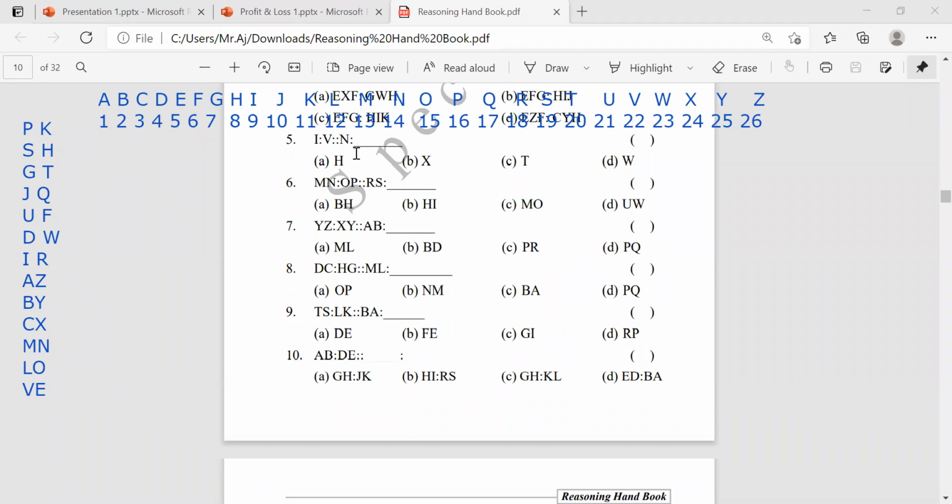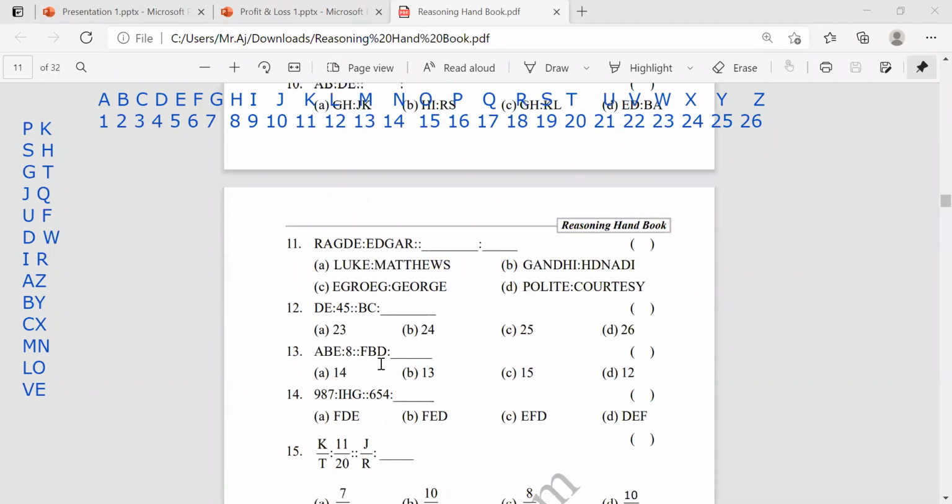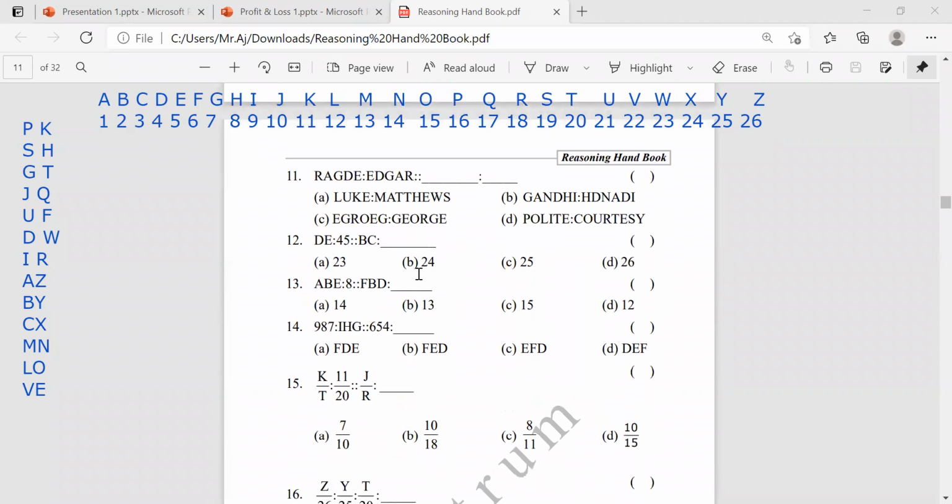It is 2, it is 1, it is 0. 10: A, B, D, E, A, B, D, E, and then leave the one letter, G, H, G, H, G, H, J, K. Okay. 10th one is A, right? 10th one is A, and then the 11th one.